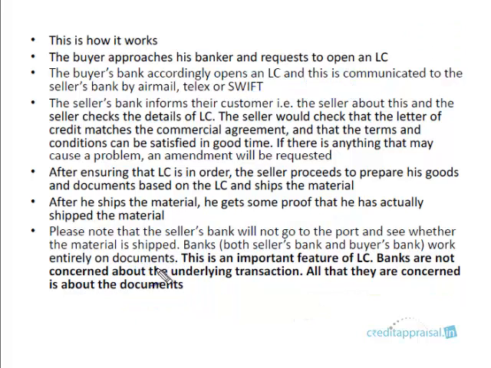There is an underlying transaction to this, right? What is this transaction? It is a sale and purchase of a machine. But banks are not concerned about this. All banks are interested in is whether there is documentary proof supporting that this transaction has taken place. That's it. So what this seller will do is, he will ship the machine, right? He will get some proof documents from the shipping company and various other documents which we'll see. And he'll take these documents to his banker, Deutsche Bank, and submit this proof saying that I have shipped the material, I've shipped the machine, right?